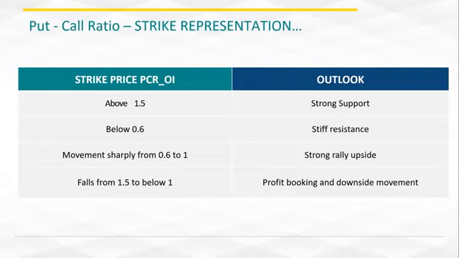So let's say we are calculating PCR and the 9,300 PCR OI was 0.6, and if you see after a while that it is moving towards 1, or it is rising, that means the stock or that particular trade of yours is gaining strength, and we might see a very strong upside going forward. So you can go on the long side, if you are trading.